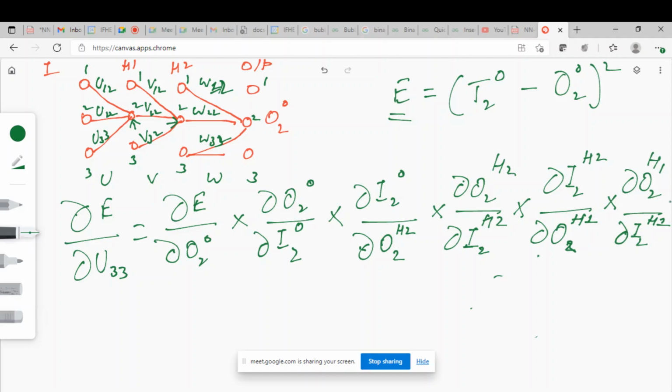I want you to refer to other materials also, and understand by yourself. Draw some diagrams and try to understand by yourself. Okay. So this is incomplete. It will come here. Now I want you to tell this. What is dou E